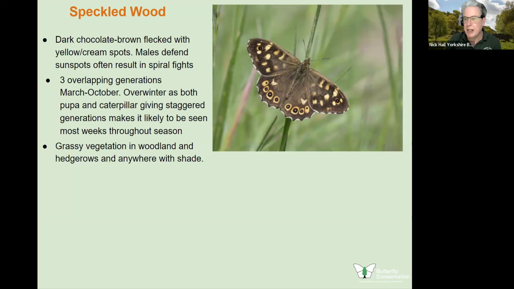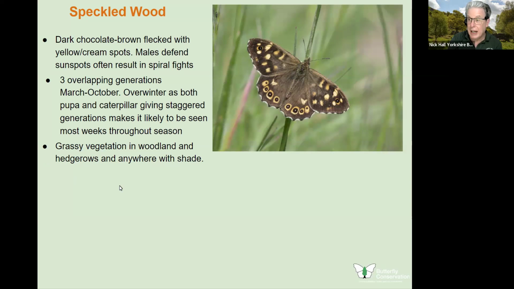It loves grassy vegetation and woodlands, but it also likes, and this is a big change really in its behaviour, which happened around about 30 years ago, it switched from being a woodland species to being a species of hedgerows and shady areas. So around where I live, it's extremely common on field edges if there's a little bit of shade. That's all it needs. For a few hours during the day, it gets a bit of shade from the surrounding trees. It's enough for it to